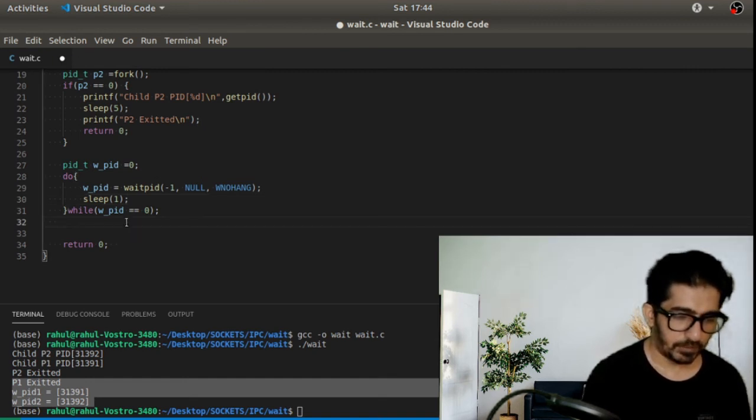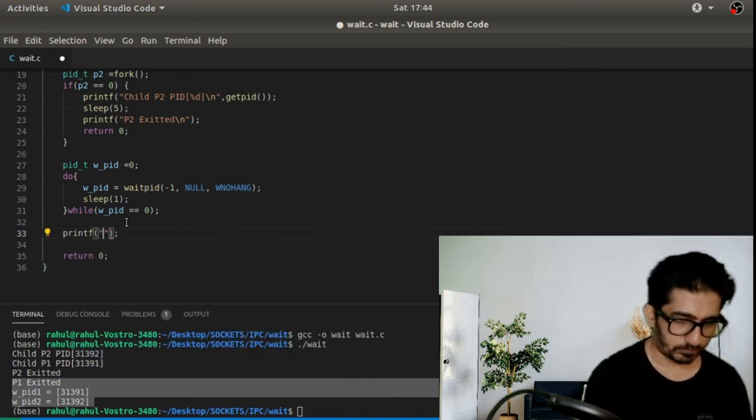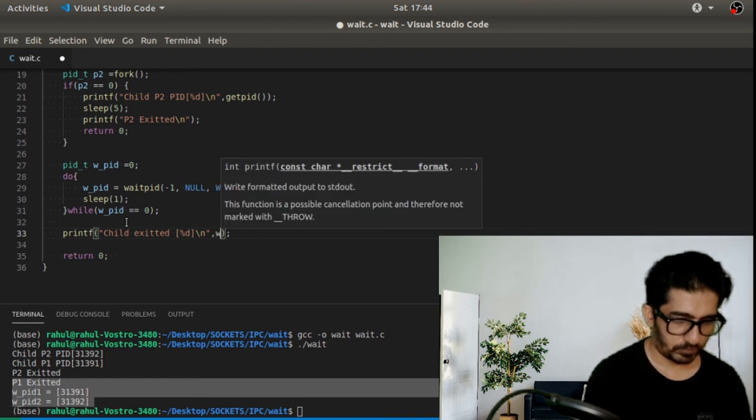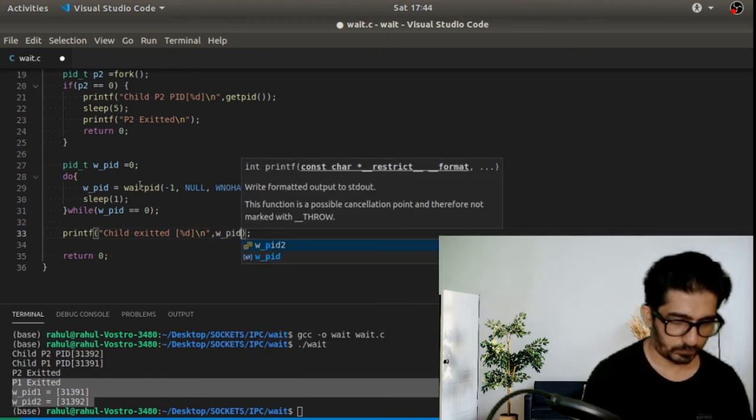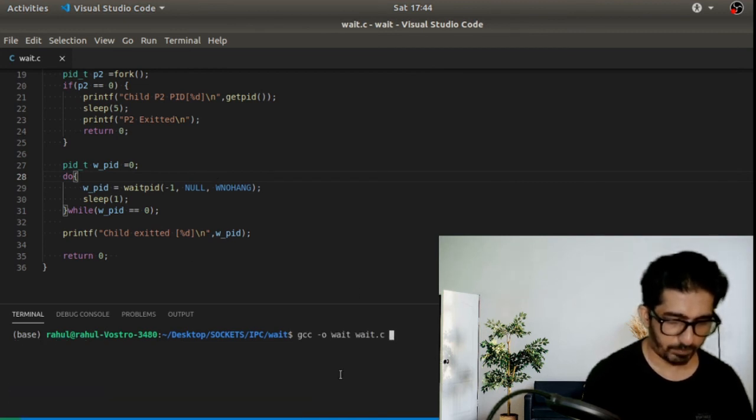And if it is greater than 0, then we need to print the WPID, child exited %d, then WPID. So let's save and compile one more time.